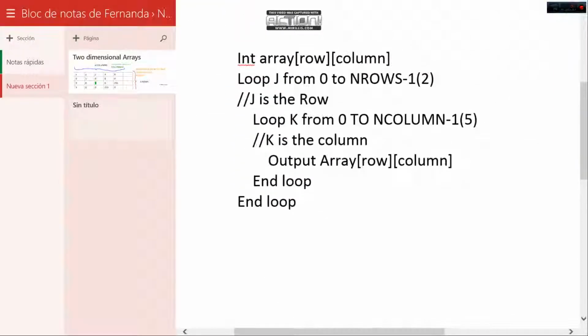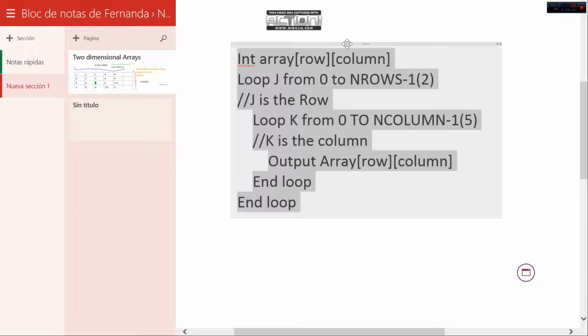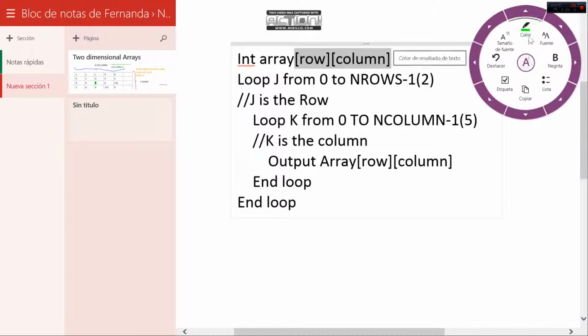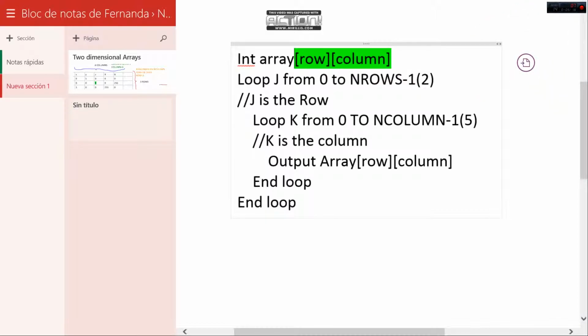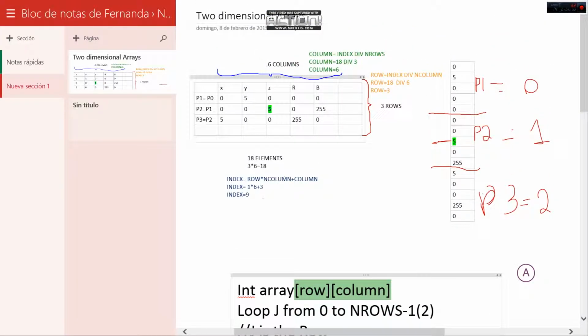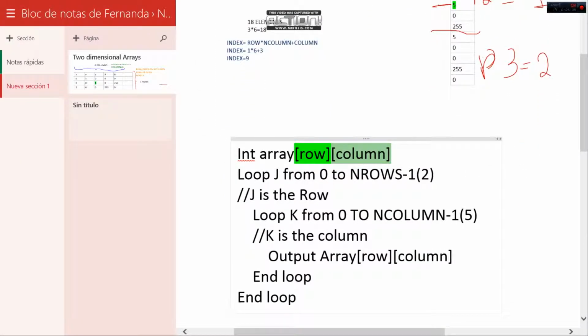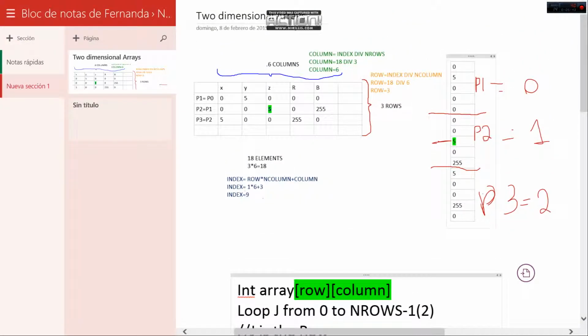But what I wanted to tell you is that we declared the array we were going to use, and you need to take notice that in a common declaration of an array, you only have one bracket. But because this is a two-dimensional array, we have the row and column in here. That's why it's declaring two. If we just had a one-dimensional array, that's this one, we would only have this